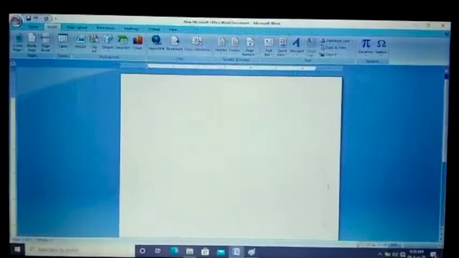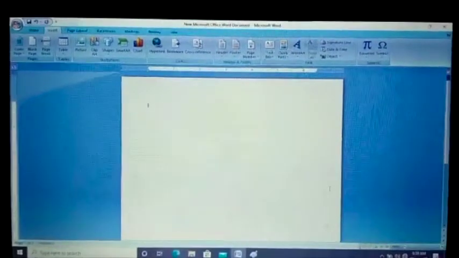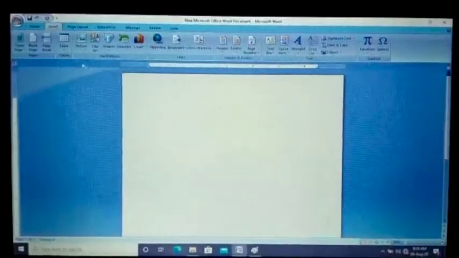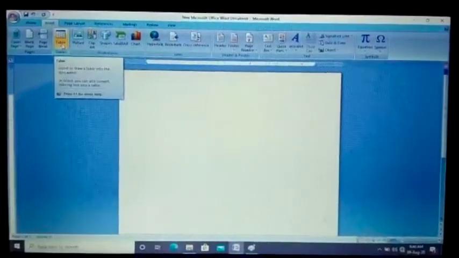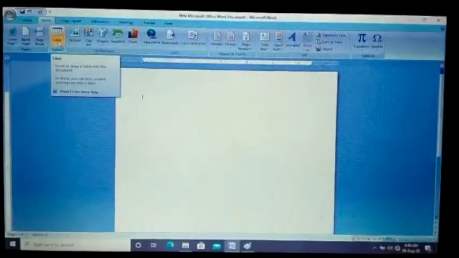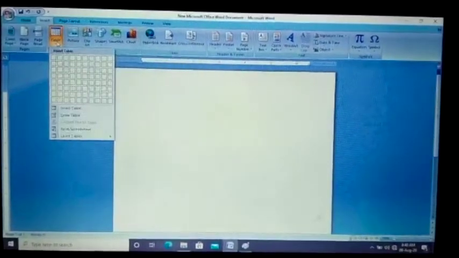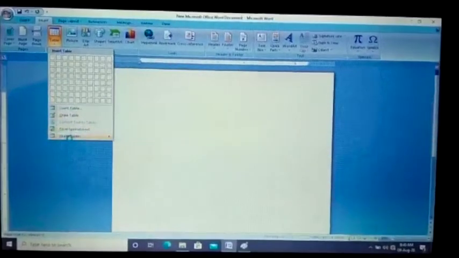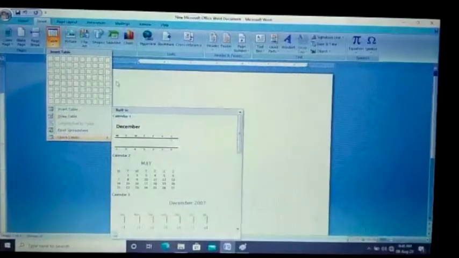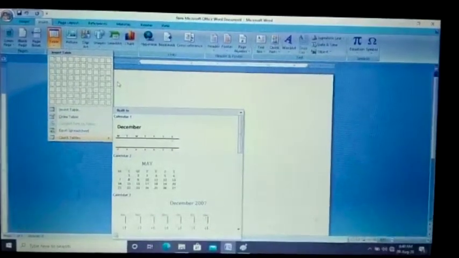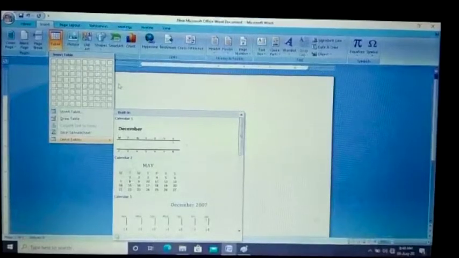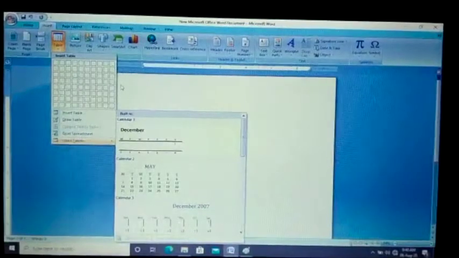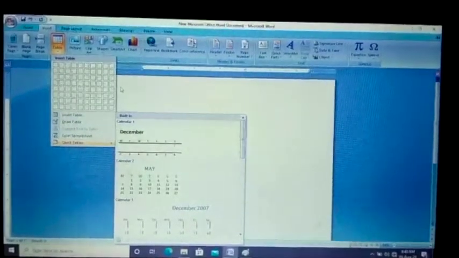First step, click on the Insert tab. See this Home tab and Insert tab. Click. All of you see Tables. Then click on the Table command. See this: Insert Table, Draw Table, Excel Spreadsheet and Quick Tables. Then third step, hover your mouse pointer to select 4 columns and 5 rows. Click the mouse, table as shown.